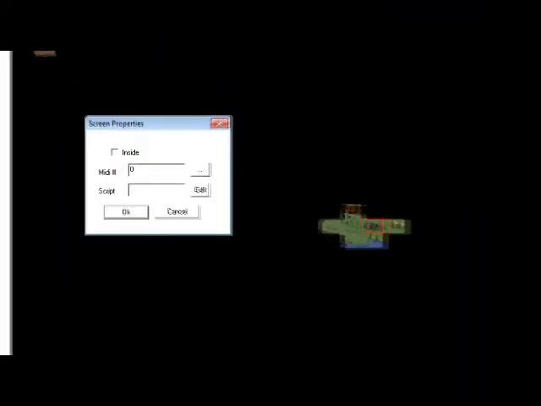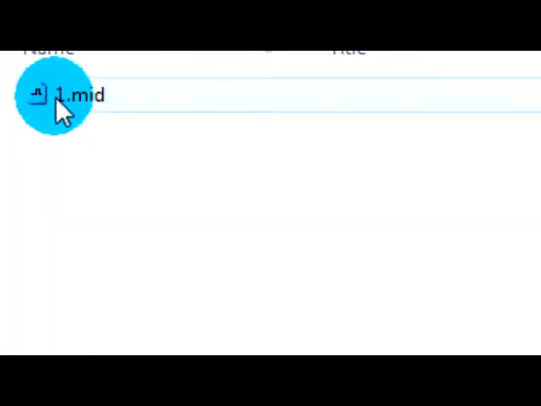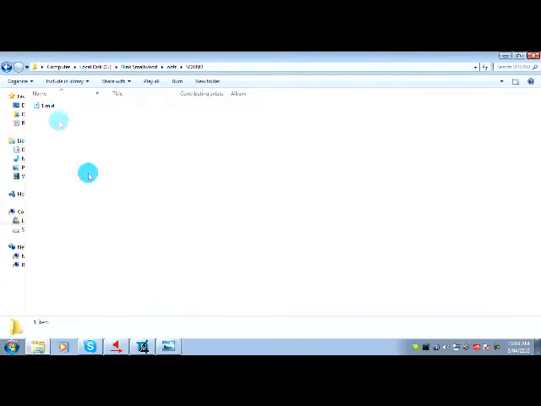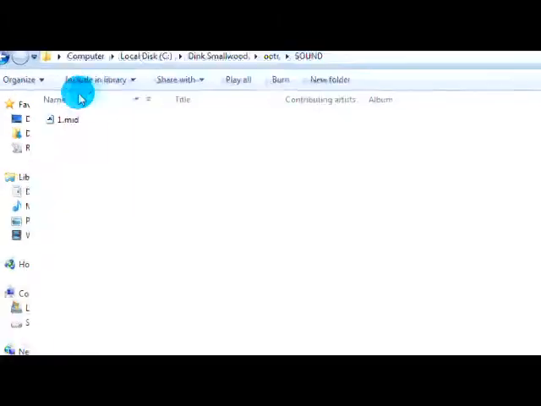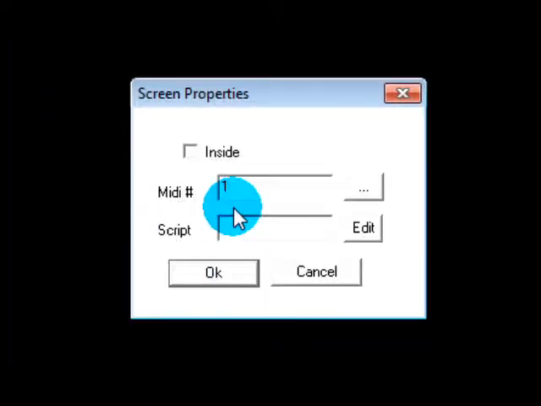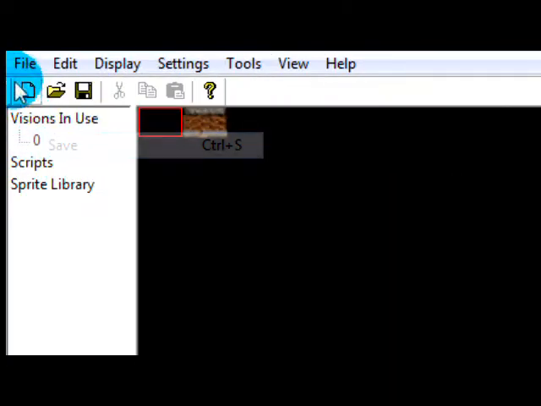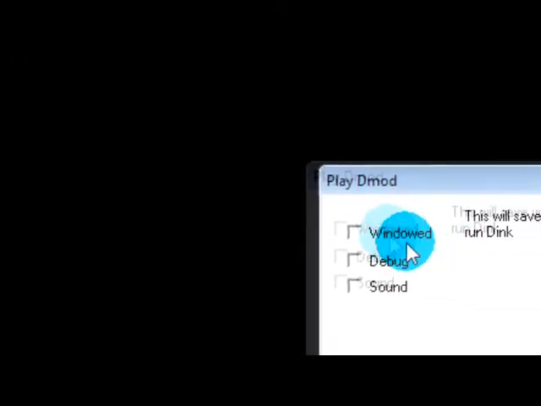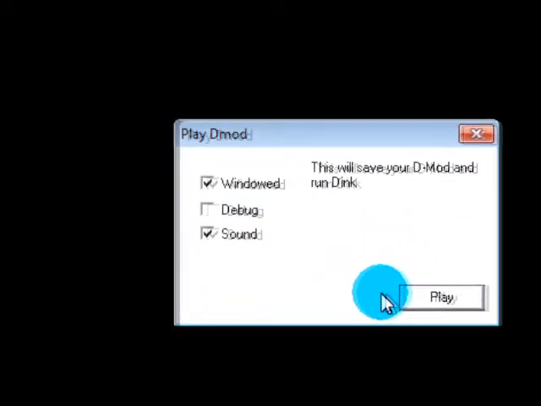The MIDI number here: we named this MIDI in our sound folder 1.mid, so the MIDI number is 1. You don't put the file extension, you don't put .mid, that'll screw it up. Just put 1 in there, that'll work. So the MIDI number is 1, press OK, file save, file play Dmod, make sure you've got sound enabled,